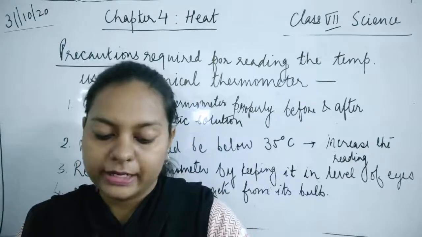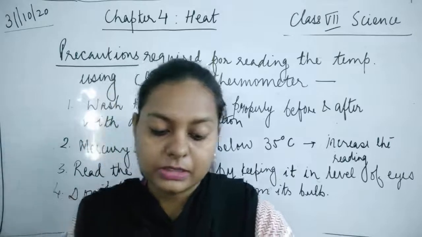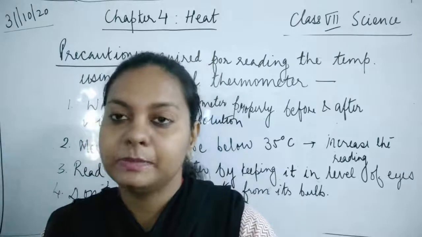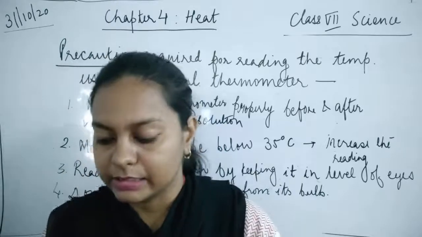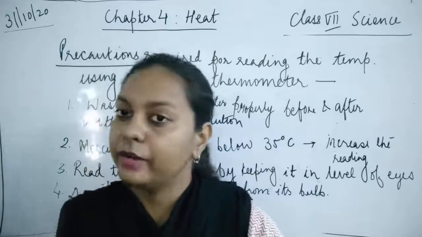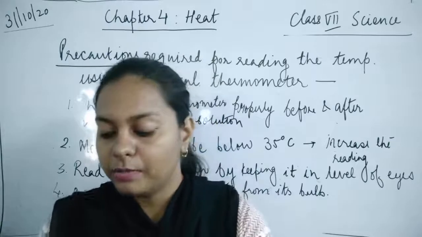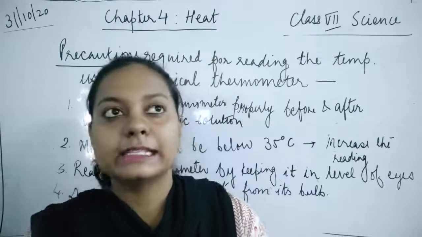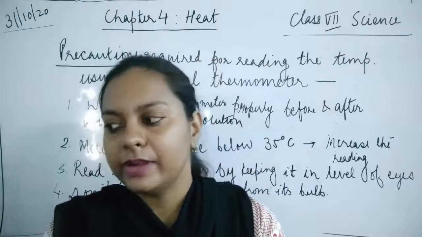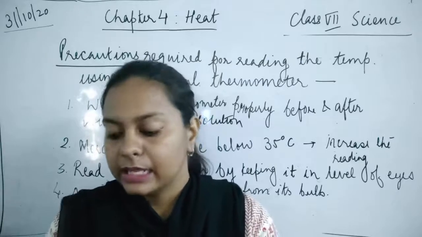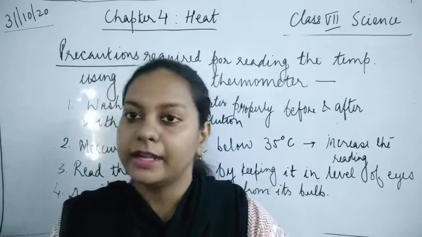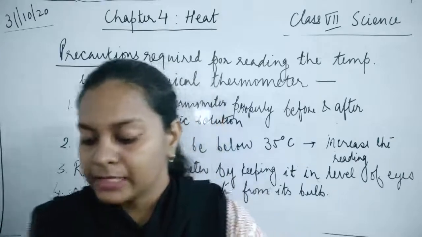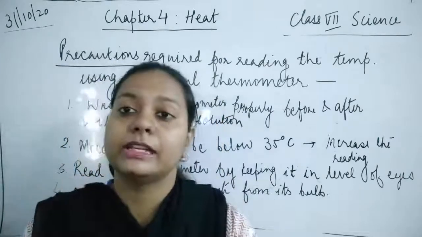This is your body temperature. The temperature should always be written with its unit, that is, degrees Celsius. Okay, and you can record the temperature of your body. So what is the normal body temperature of a human being? It is 37 degrees Celsius. Note that the temperature is always stated with its unit.